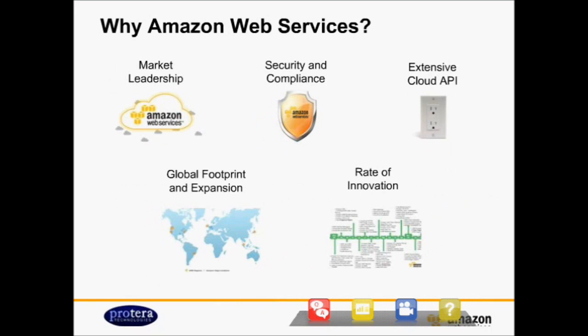So why Amazon Web Services? Well, technology innovation has always been a key component to Amazon.com. It's really driven the growth of our company. And as we've expanded our product offerings for our retail company, the company has also expanded into other customer segments. And after a decade of building and running highly scalable web applications, which you have come to know as Amazon.com,